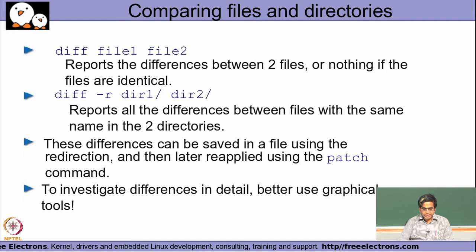Now, if I want to compare two directories, I could make use of the -r option, where I supply the two directories that I want to compare as arguments to the diff command, and it will report all the differences in the files between dir1 and dir2. Now, if I use some very specific options in the diff command like the -e option,